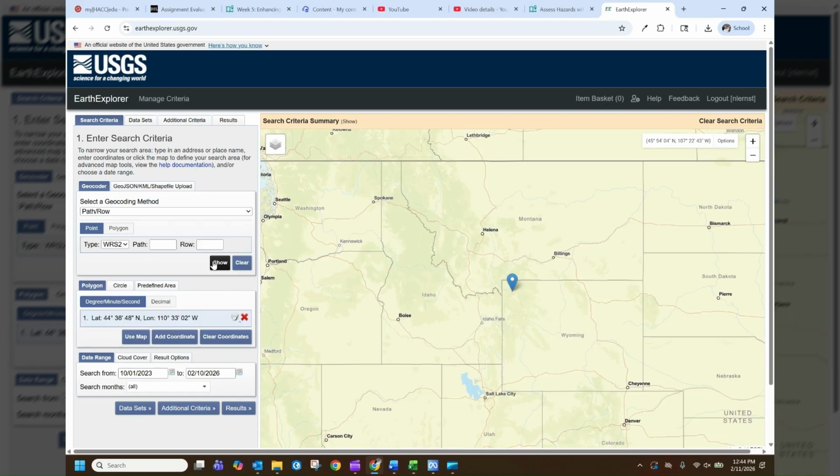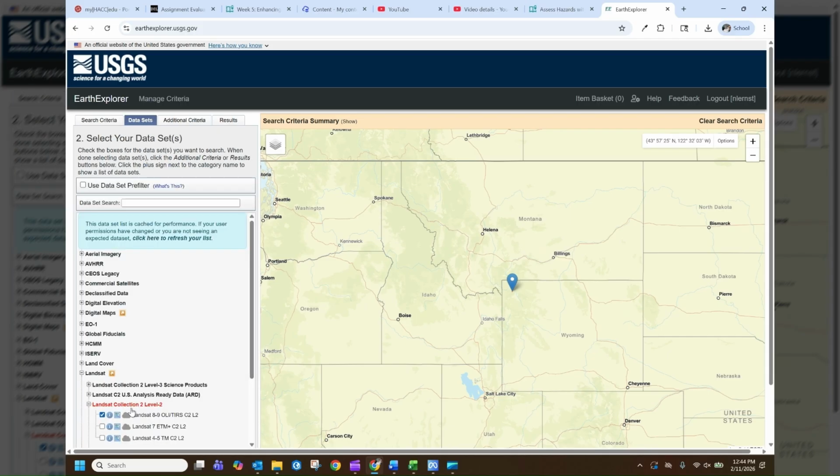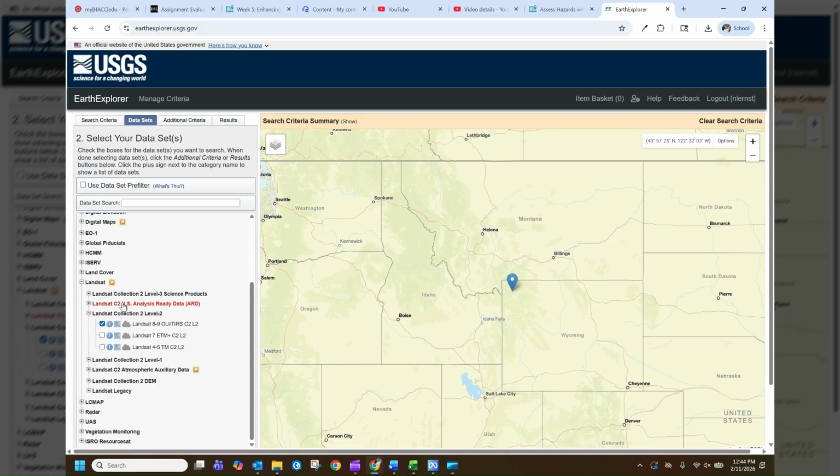So it then puts the centroid of the area there, and then we want to come down here to select our date range, and I already have that pre-filled in. I'm going to search from 10/1/23 to 2/10/26. Then after we select our search criteria, we then go to the datasets area, and we want to download Landsat